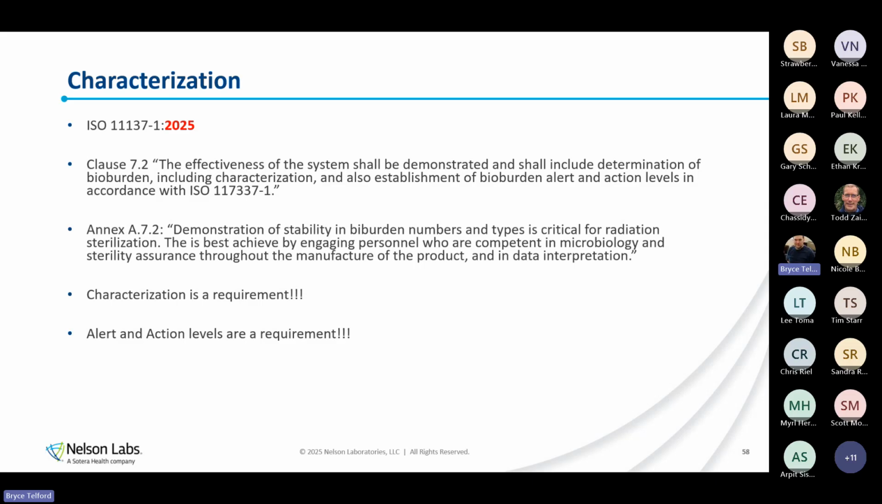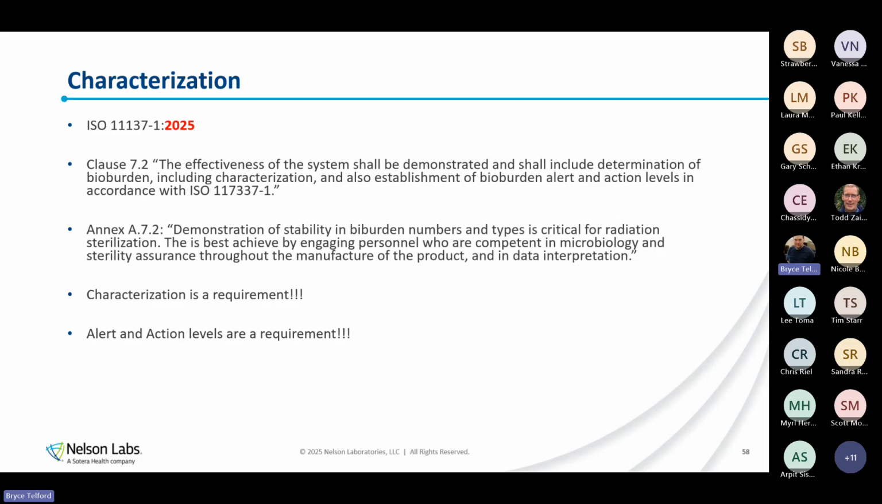So demonstration of stability in bioburden numbers and types is critical for radiation sterilization. This is best achieved by engaging personnel who are competent in microbiology and sterility assurance throughout the manufacturing of the product and its data interpretation. So the short version: characterization is a requirement for radiation sterilization, and setting alert and action levels are requirements for